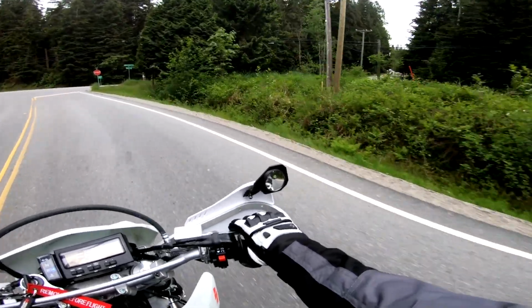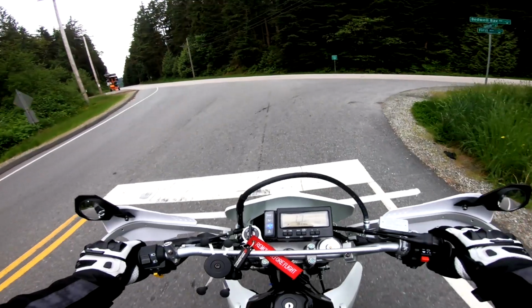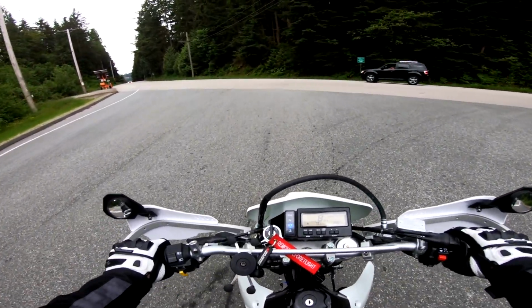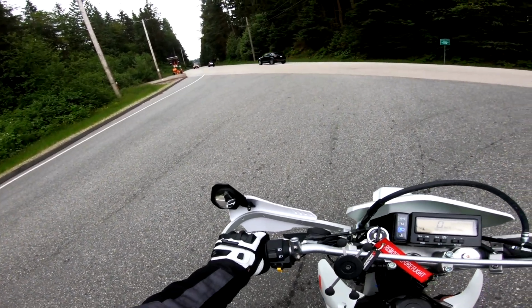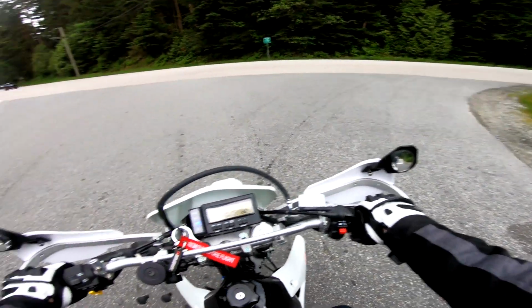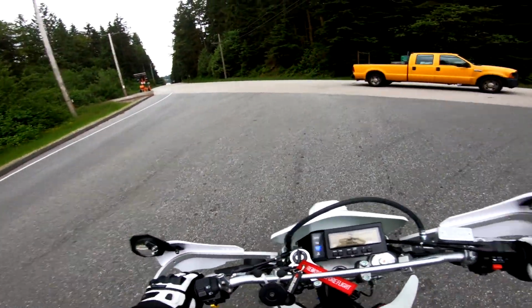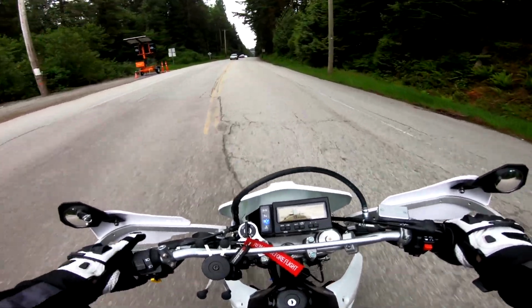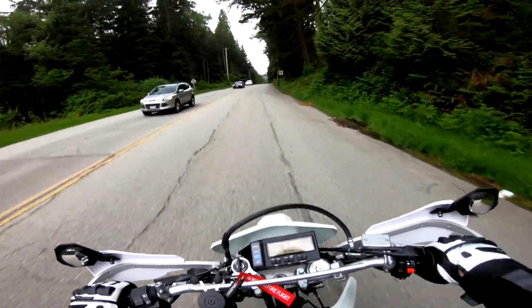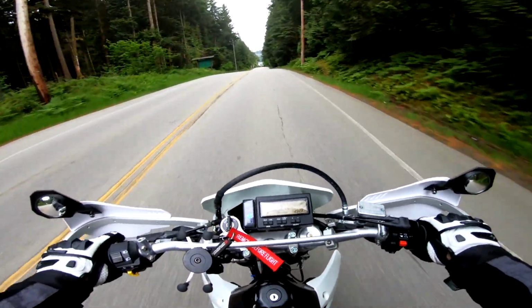So that brings us to the Pro number 4 about these folding mirrors. And we'll wait for this truck to go by. So number 4 Pro about these mirrors is